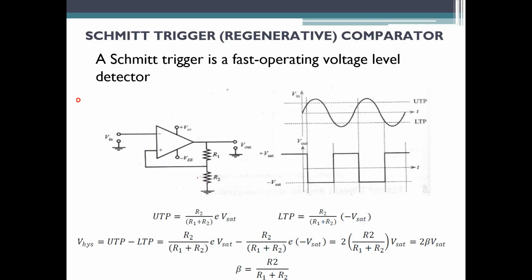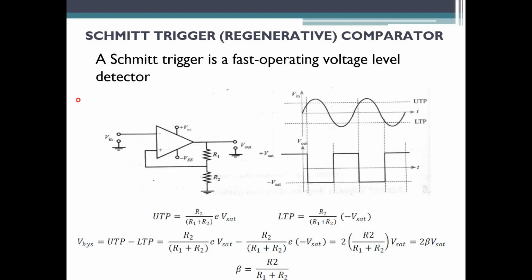We have seen at the input side I used to connect two resistors, and those resistors used to divide the voltage VCC and give the equivalent current to the input or to the base of the transistor. So one more voltage that has to be applied to the non-inverting terminal of the op-amp is actually obtained from the output side using the voltage divider network.